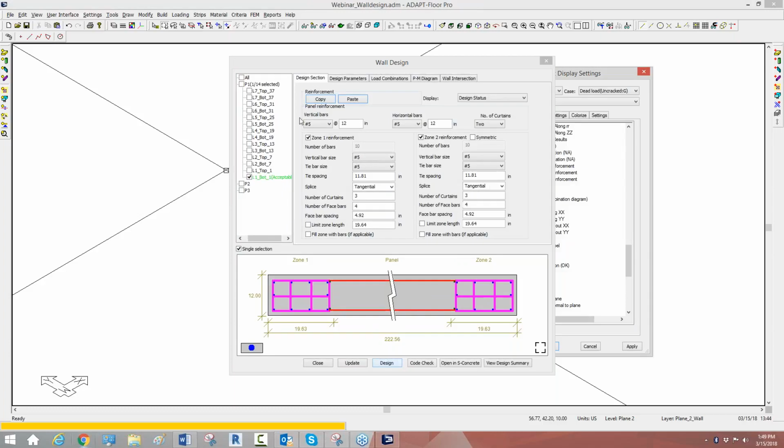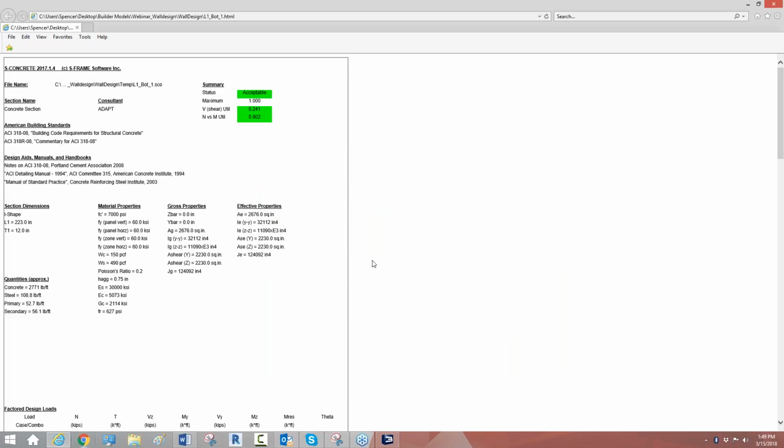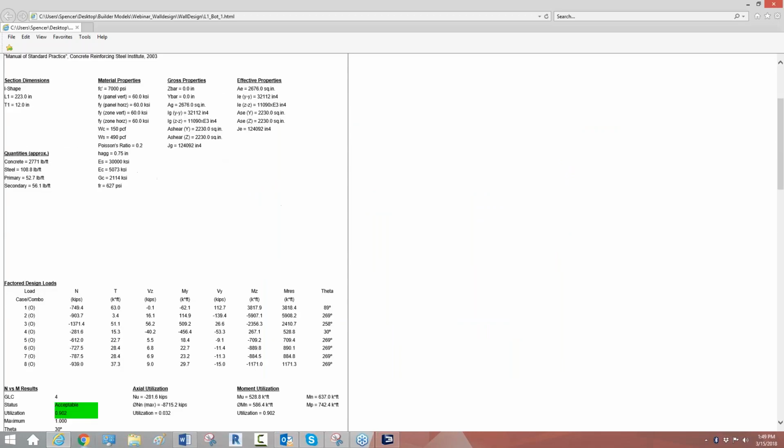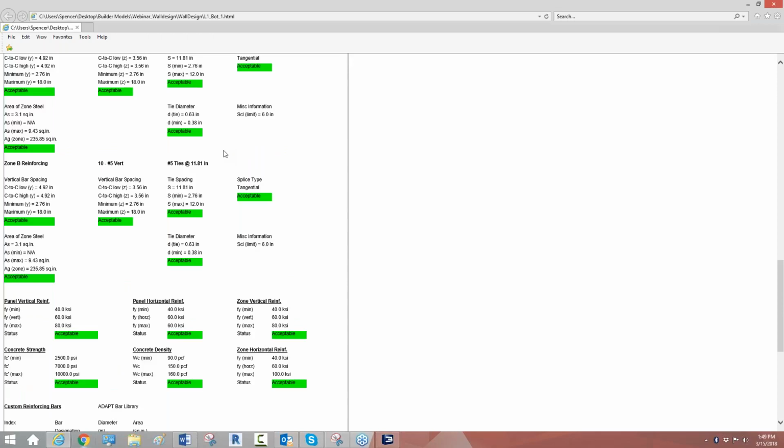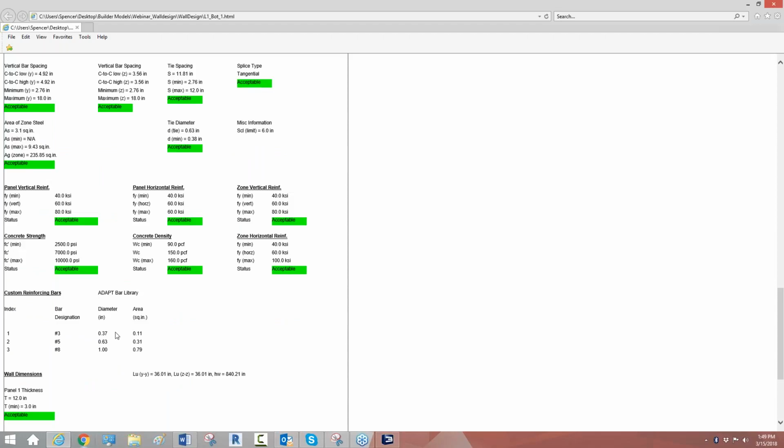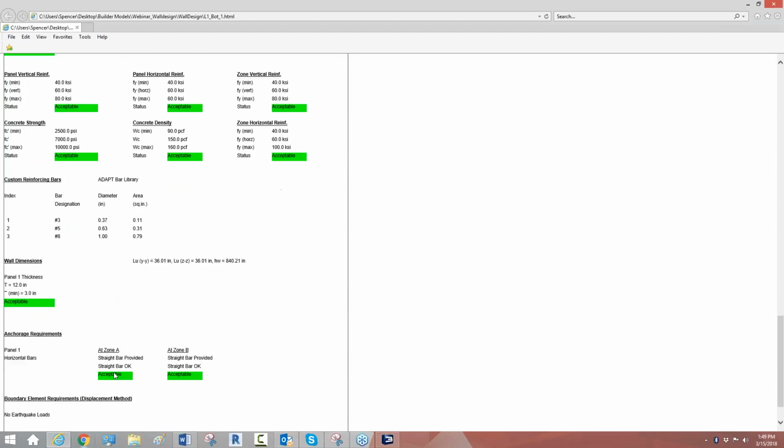So obviously the program has made those modifications, and it's come up with a different design based on the code that was selected. So again, I could go back to design summary, and here we have our updated design summary. Now I didn't go in and look at exactly what the sizes and the spacing were that were triggering the warnings, but I'm just showing you the difference here between design